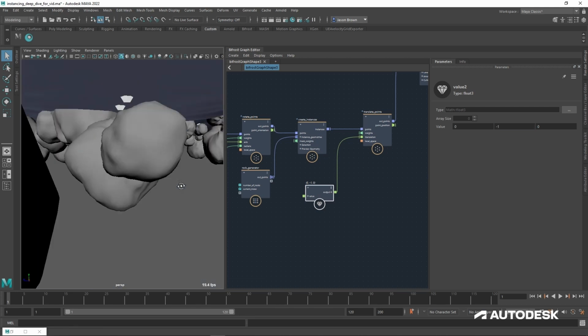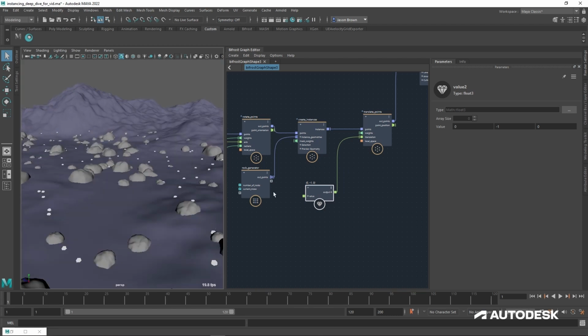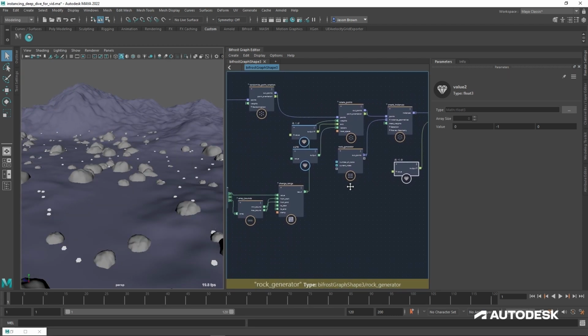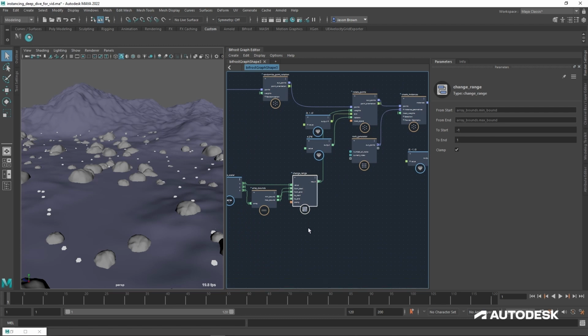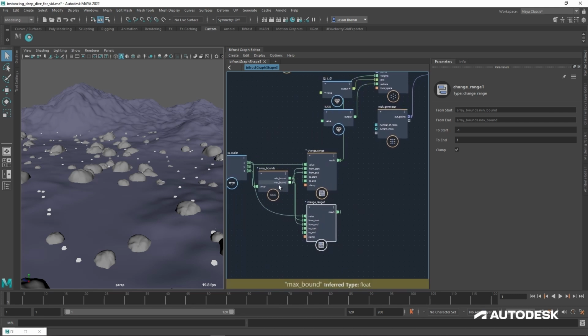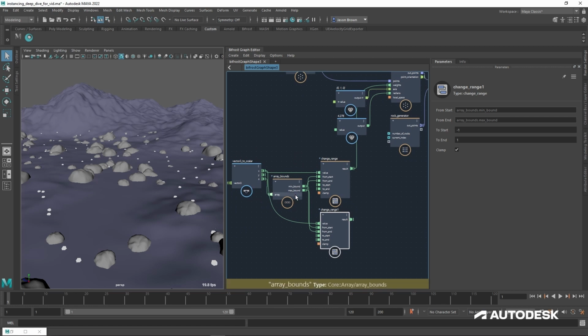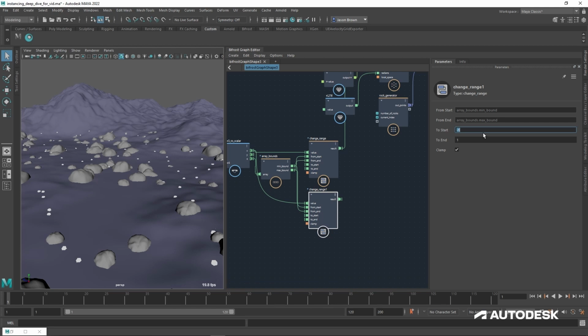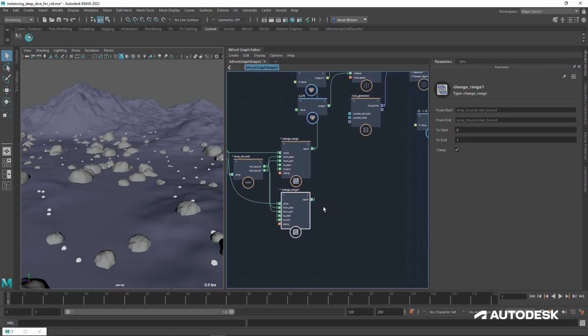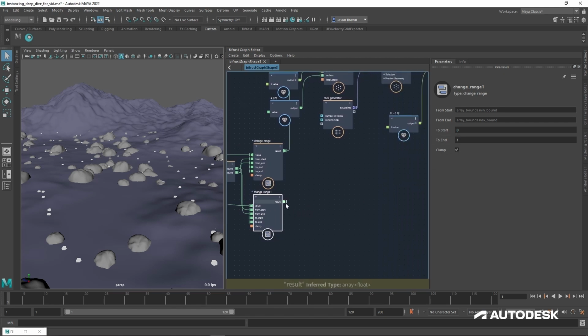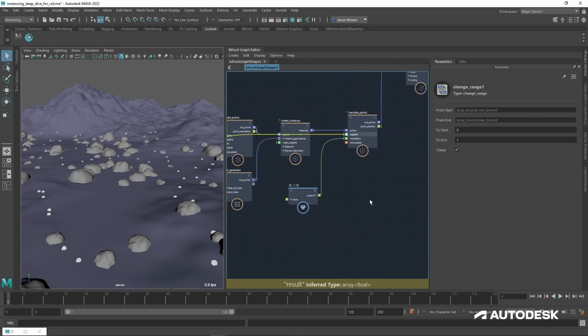Now that's a problem because my little ones are now all floating underneath. So I think we're going to do the same trick with the weights. If I take this, copy and paste it. Remember, this is the scale, so this is giving us the bigger rocks are the max bound, and the bigger scales are the max bound, and the smaller scales are the minimum bound. If I go to this and I just say, like, okay, 0. So I don't really want to move the little ones at all, very much. I just want to move the big ones the most, like this. Take this and pop it into the weights, like that.